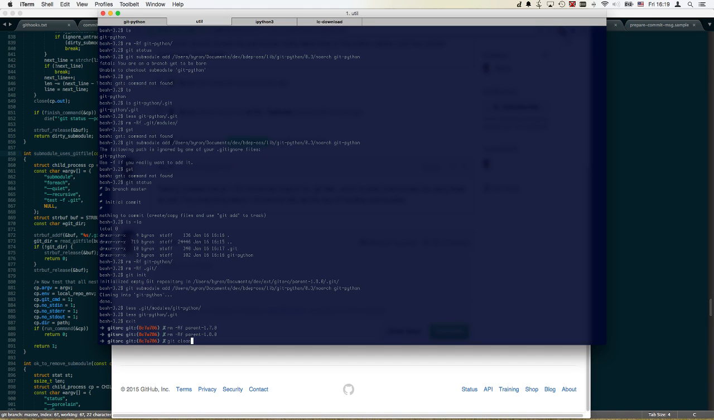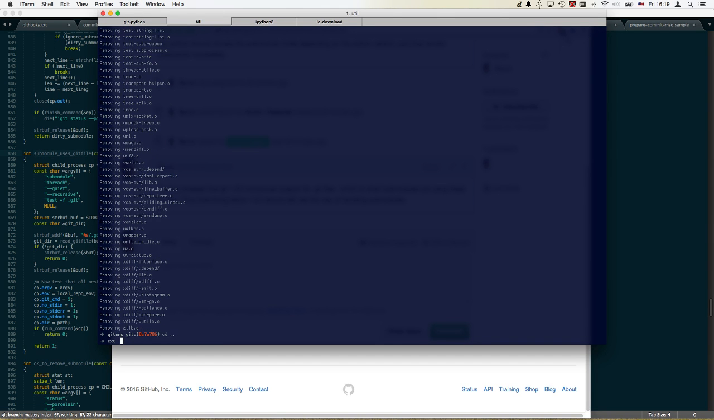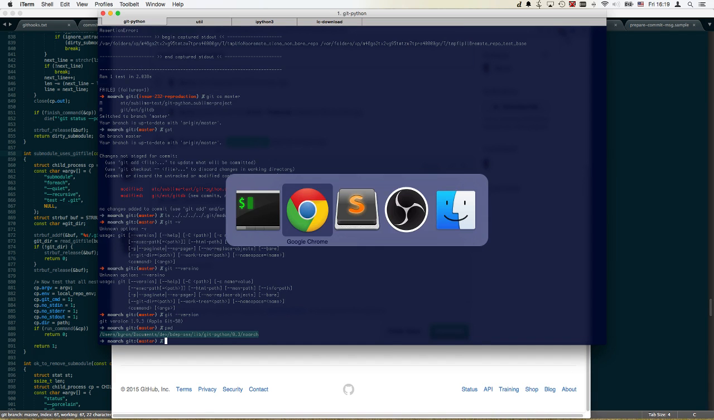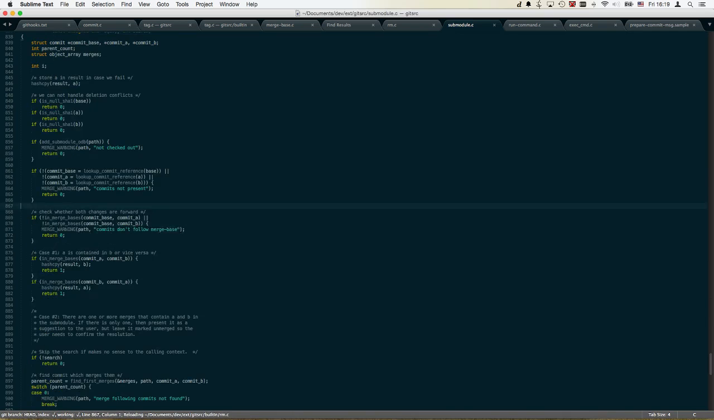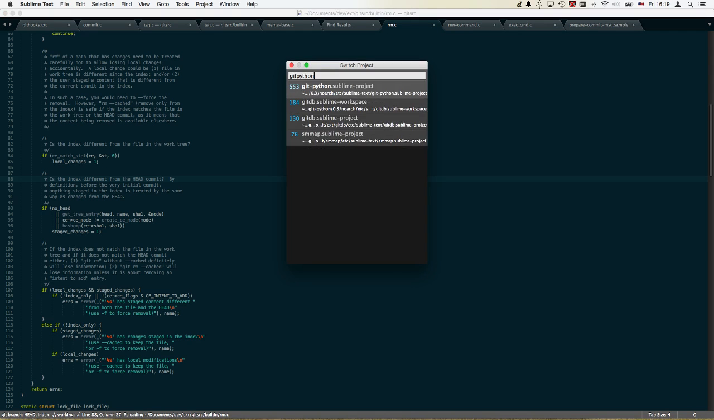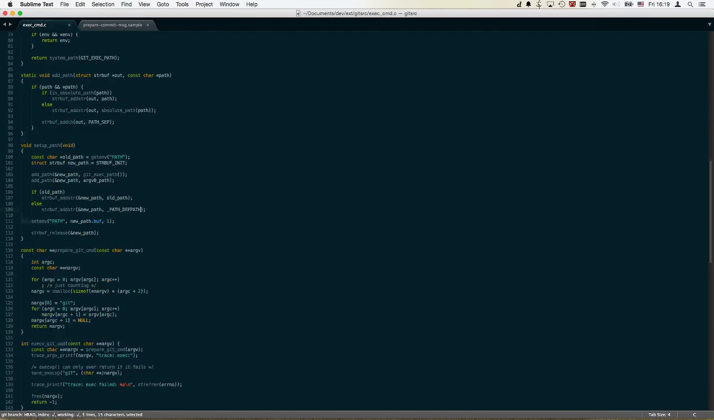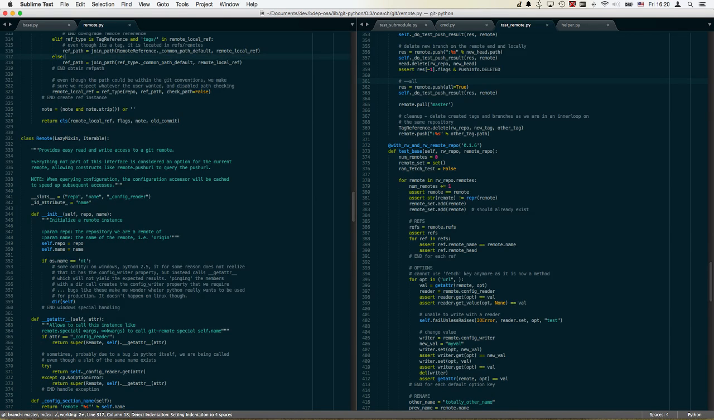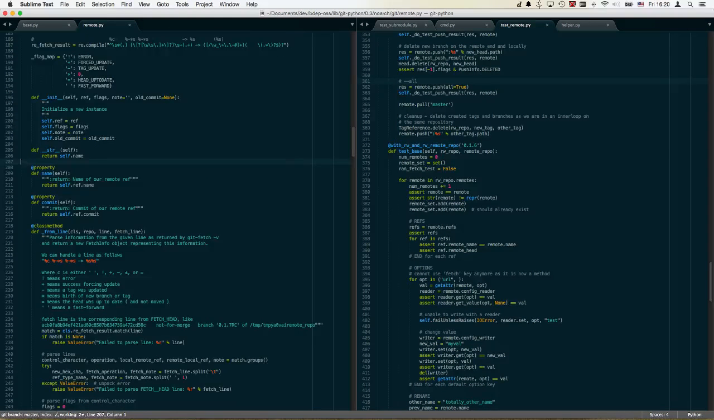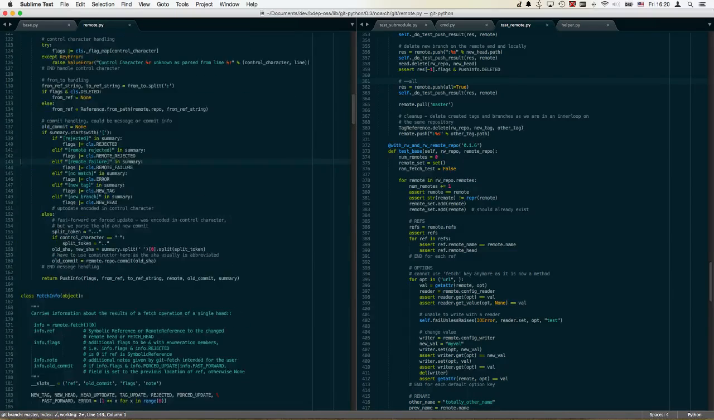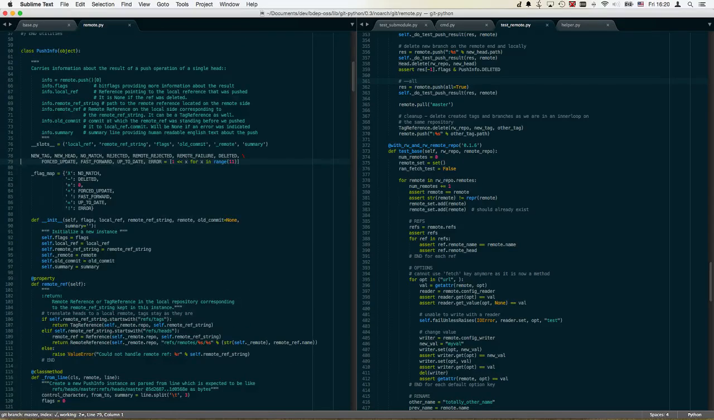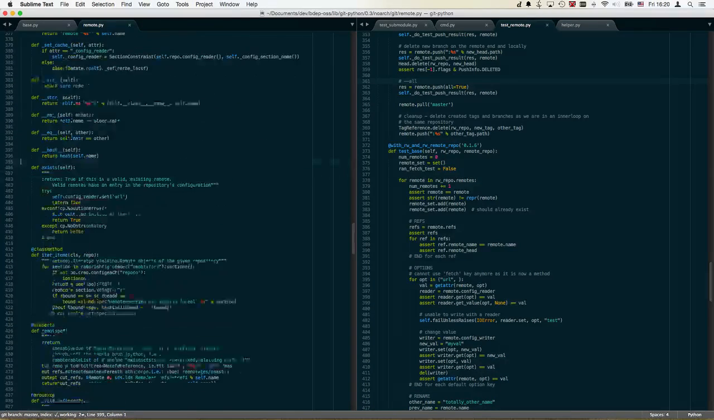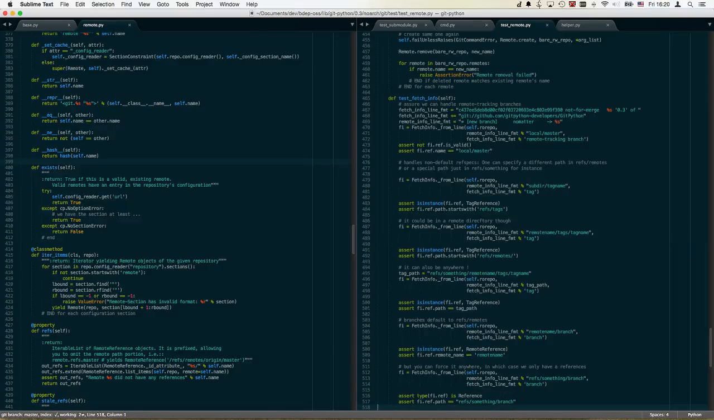So let's clean everything and get out of here. Good. Next, let's close down a few things here. I guess we don't need them. Let's get back to git-python and have a look at where we would implement this. I think submodule add would be it, but on the other hand,